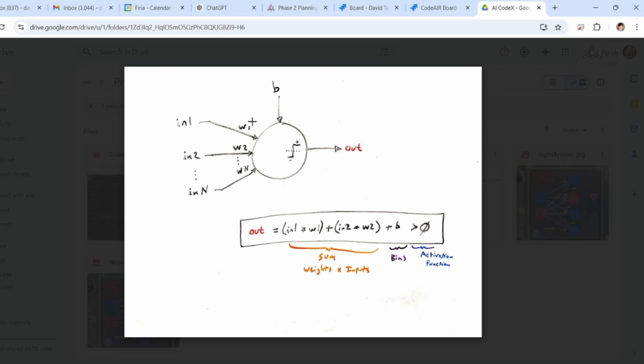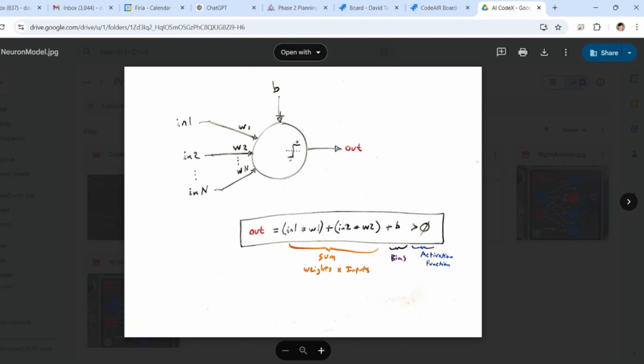So the way we're modeling this artificial neural network is we've got inputs coming in. These are like all those dendrites coming into your neuron. In the case of the demonstration we're doing with the Codex, we've only got 2 coming in, but each one of those connections coming into the neuron is going to have a weight. So how strong is it, right? It's the strength of that connection. I've labeled them here, weight 1, weight 2, all the way down to weight N if you had a bunch of different ones, right? We're just going to have 2 weights in our example.